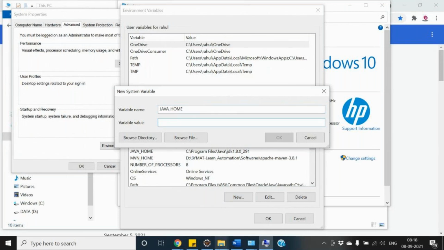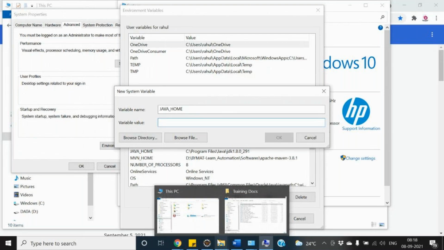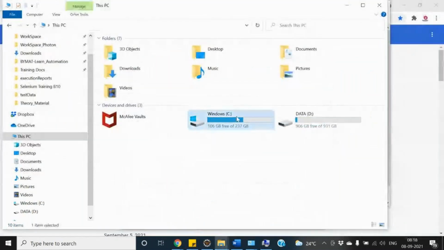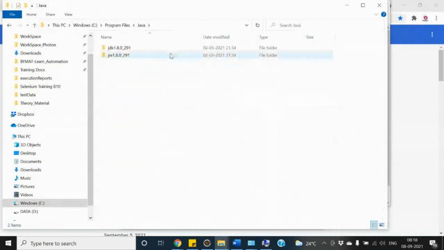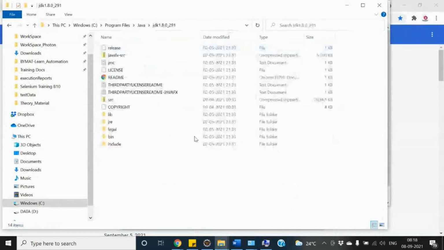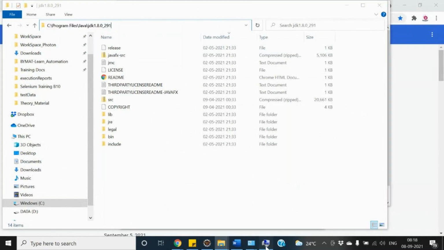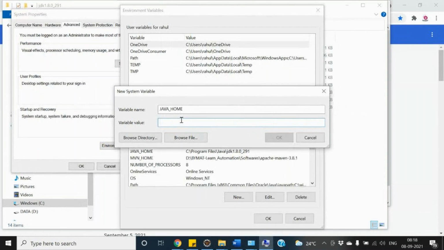To get it, I'll go to where my Java has been installed, go till my JDK path, copy this path, and paste it over here in the variable value. So for JAVA_HOME, copy the complete path of the JDK and paste it over here.